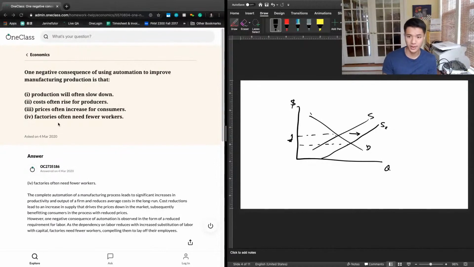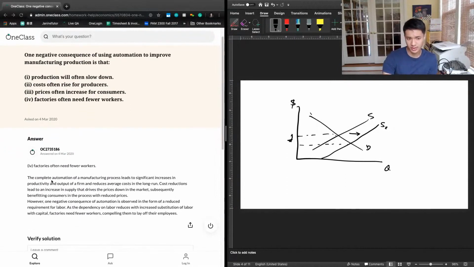And we see that this is a big thing in the current economy as well. People used to say that loss of jobs is due to outsourcing to other countries, but in fact, it's mostly due to automation. And if you follow the election, the universal basic income is meant to offset the effects of automation on the workforce in replacing a lot of the tasks that are currently being done by people. And so 4 is going to be the right answer here.